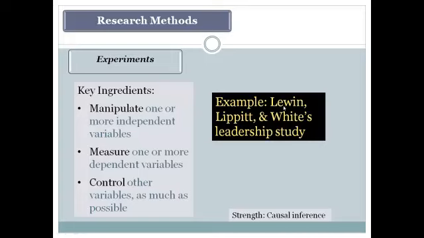But the example talked about in the textbook is a classic study where they set up groups of kids working on a project, and they had three different kinds of leadership. In one case they had an adult leader who was directive and basically telling everybody what to do, the authoritarian type leader, a dictator. Another case was democratic, where